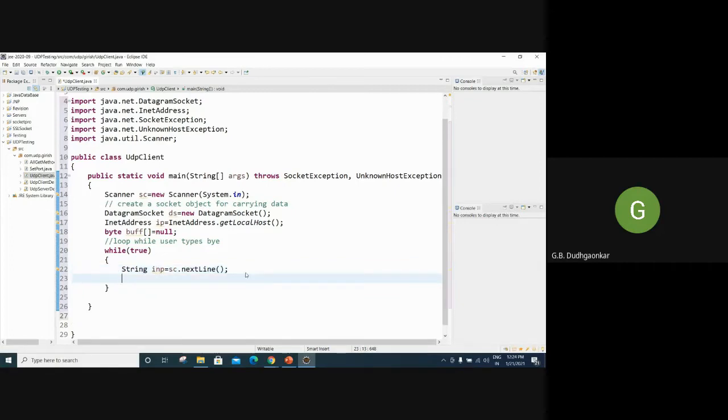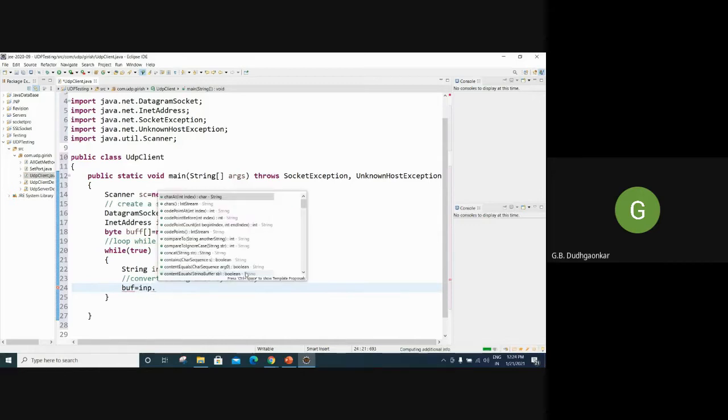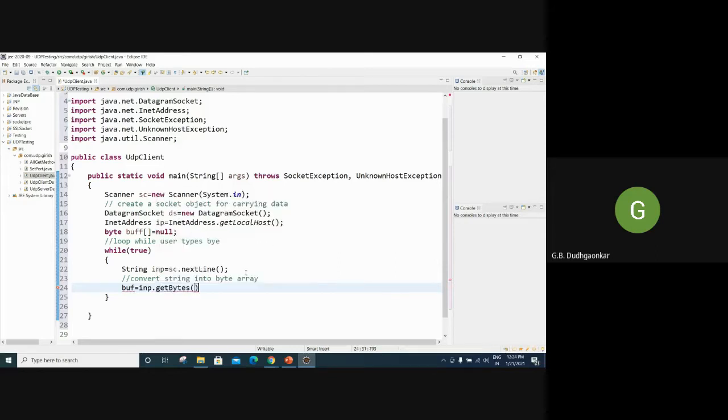Okay, after that we have to convert this string into bytes. You know that we can't pass the direct string, so we have to convert. So we will take one variable, the object of the string, that message, and then getBytes. So getBytes. Okay.